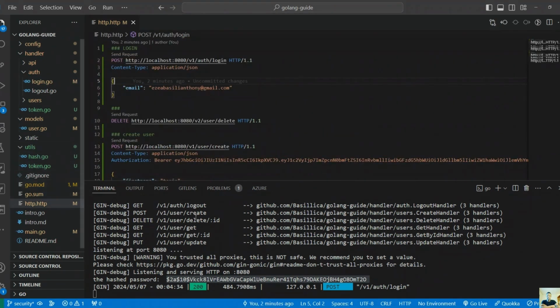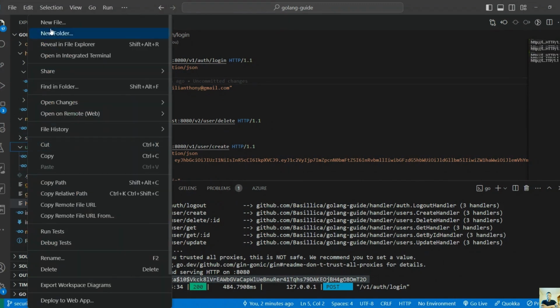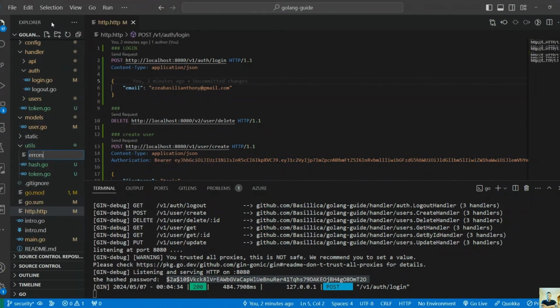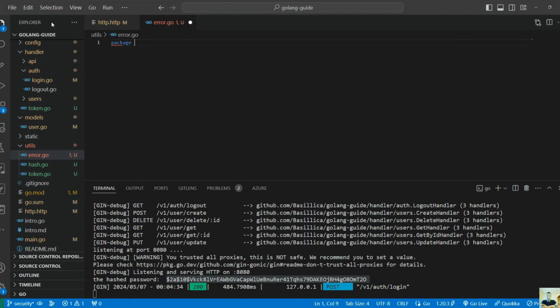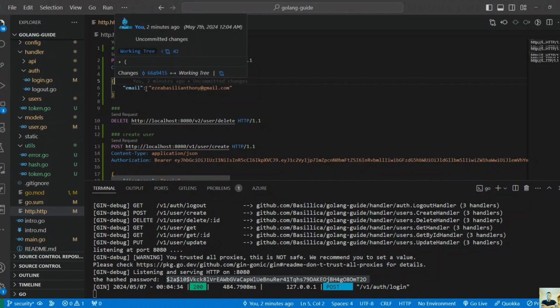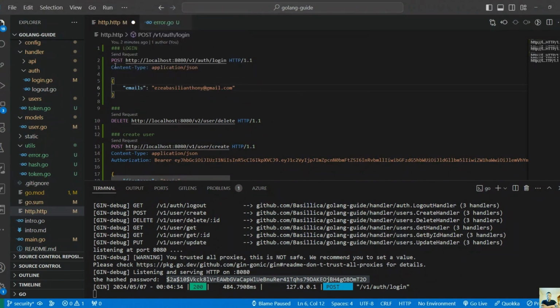So now we go back to our utils, and then I need to create a new file, and I can call this errors, error.go, package utils. So what I would want to do here now, more or less, would be to define a way that I can handle errors. And what I would want to handle here first would be the error from incoming requests, because one thing I can show you already is if I come in here and say emails, for example, and send this request,